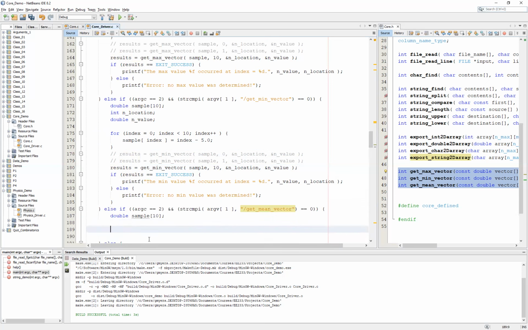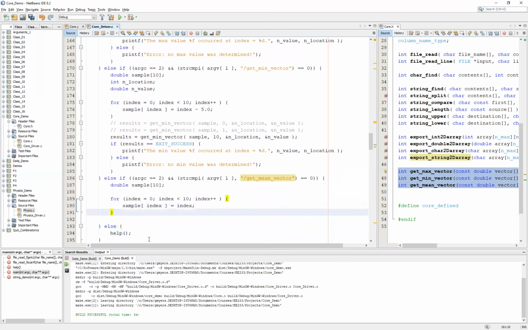Although in this case, I'm going to start off and go from 0 up to 9. So we'll say for index equals 0, index less than 10, index plus plus, and we'll simply say sample square brackets index equals